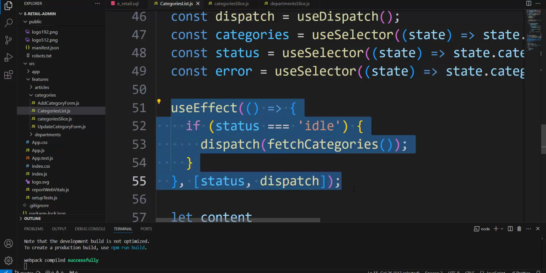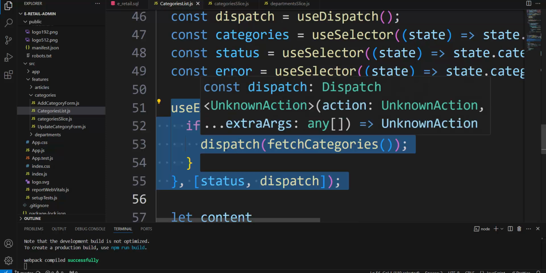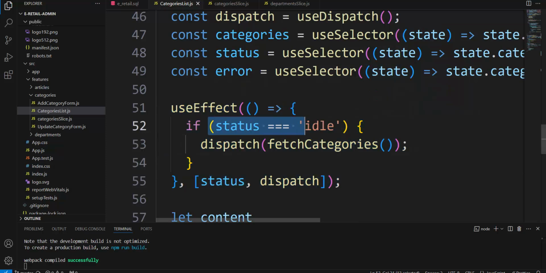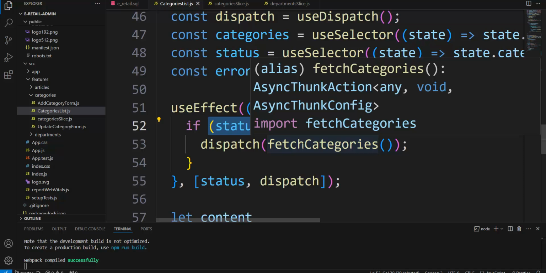It is after initial rendering. After initial rendering of the category list, we have the event that the component was mounted. That event calls useEffect, and useEffect, if this logic is satisfied, calls dispatch fetchCategories thunk. And that fetchCategories thunk calls